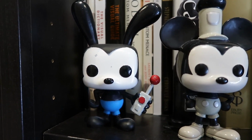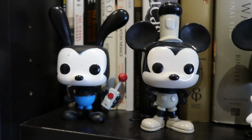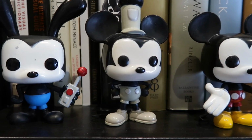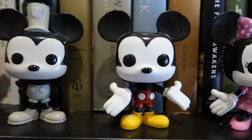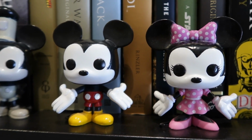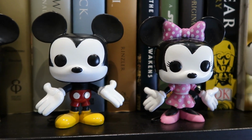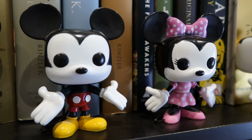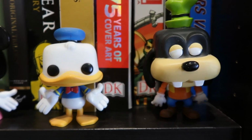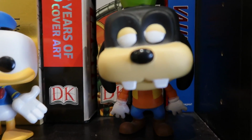And of course, Steamboat Mickey Mouse, which is apparently quite a rarity as well right now. So I was so lucky I wound up with Steamboat Mickey Mouse. Also my favourite Mickey Mouse next to Sorcerer Mickey. Then we get normal Mickey Mouse. These two are actually quite rare for a while. Mickey and Minnie, and they must have made more of them because you can get them everywhere now. I've seen them all the time. But they are pretty cool. They're two of my favourites as well. And of course, Donald and Goofy. The Goofy's a bit creepy actually because he's got...